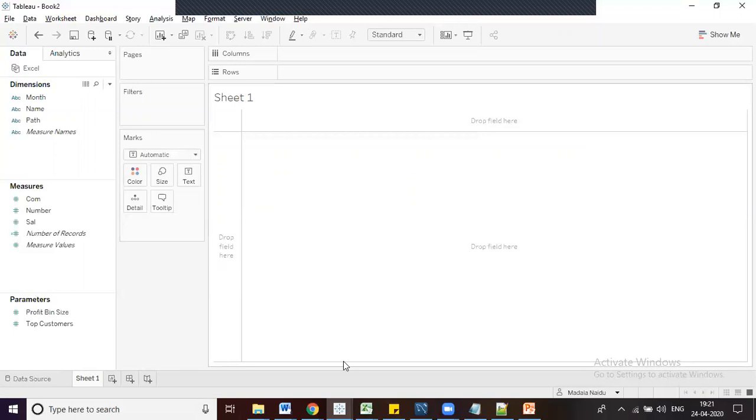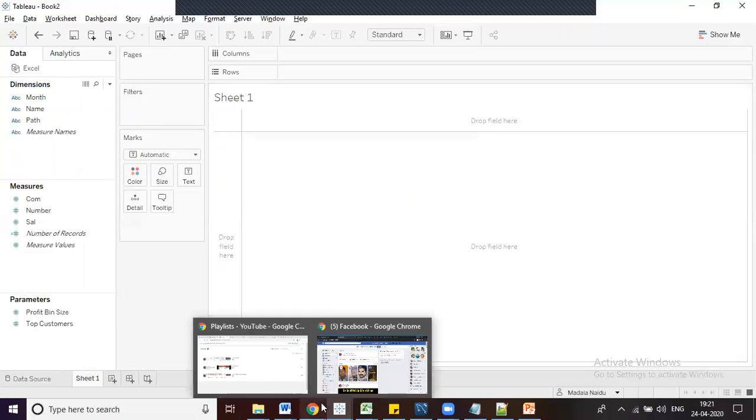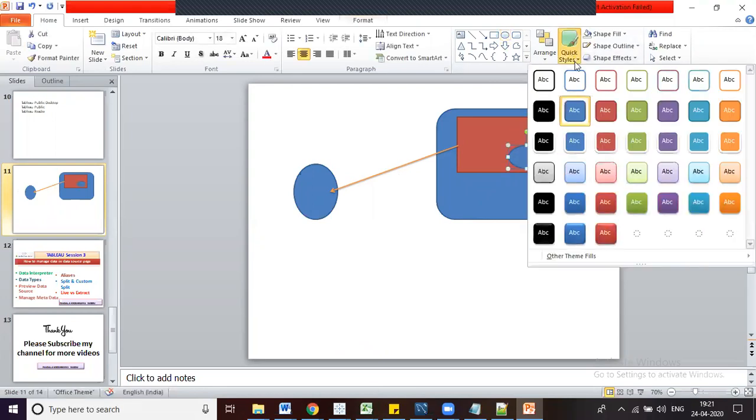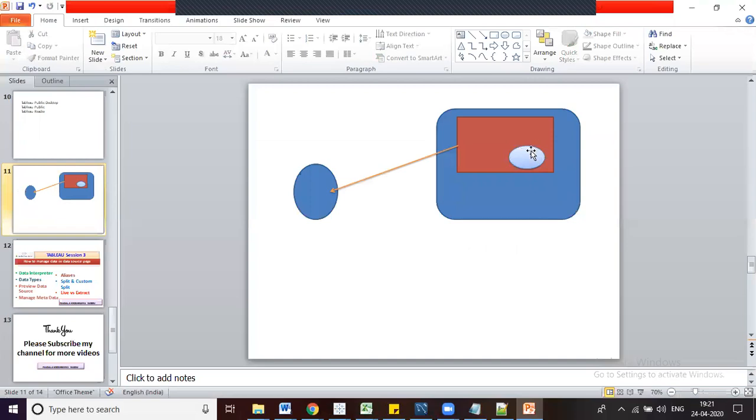After creating an extract, let's think this is our extract file which we have created. This is an extract which is available on our local machine. This is the extract file which is available after creating an extract.